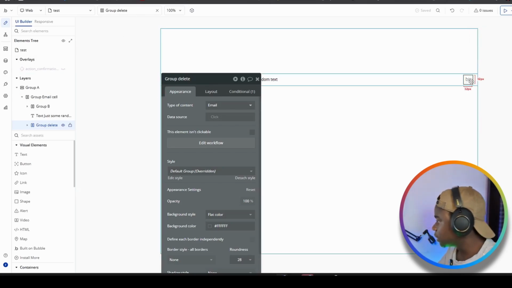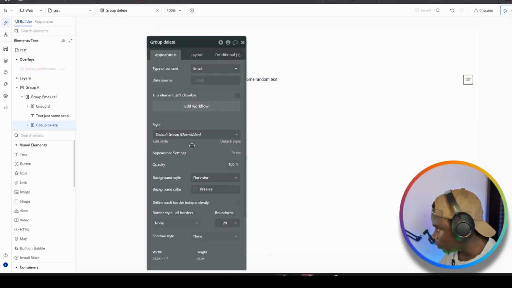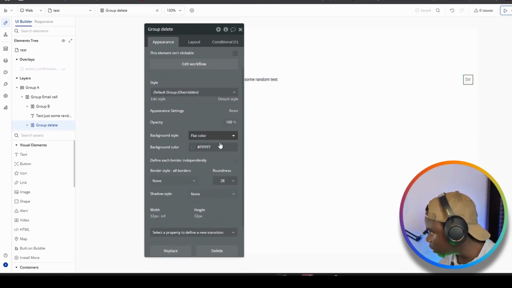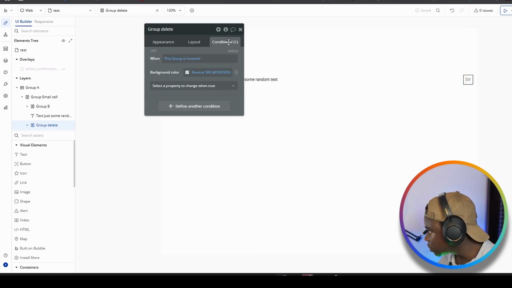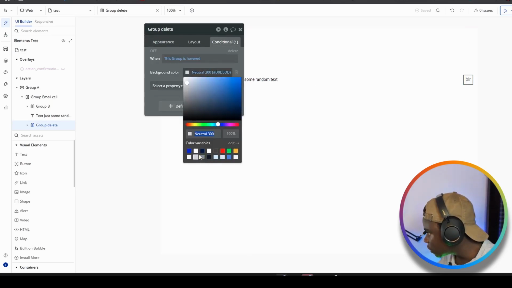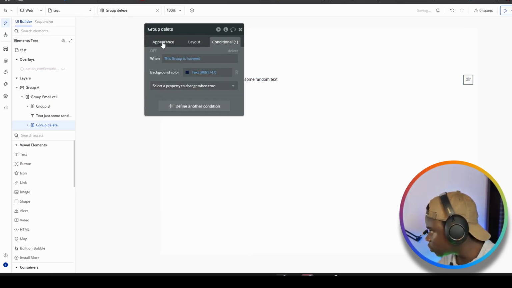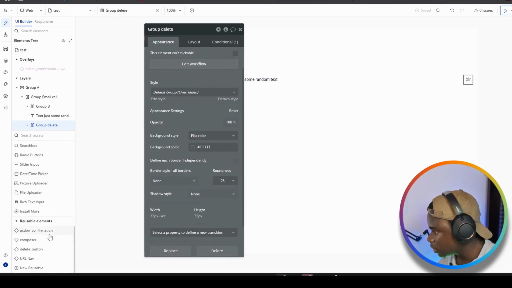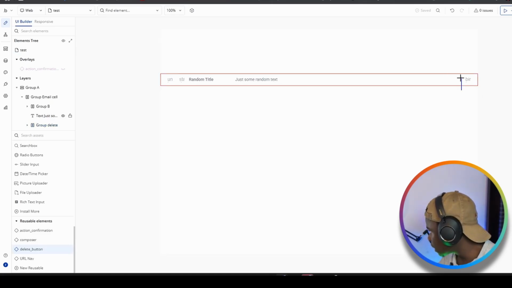So to do that, we are going to change the UI so you can see that we have two different buttons there. When it's hovered, let's make it dark blue,